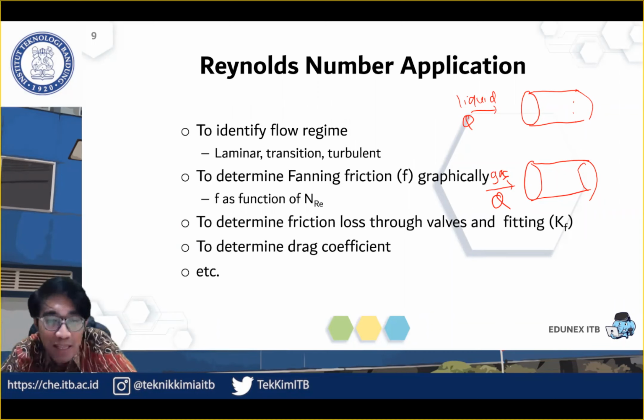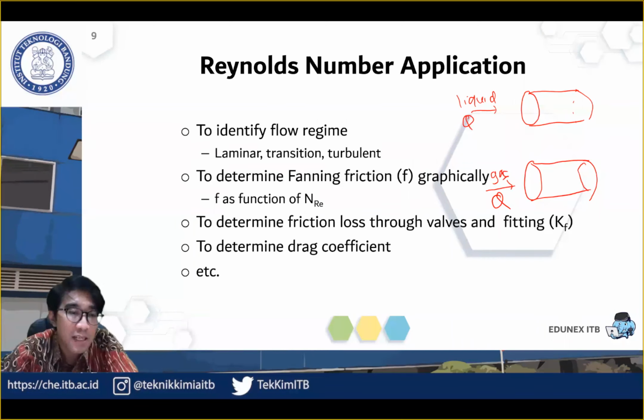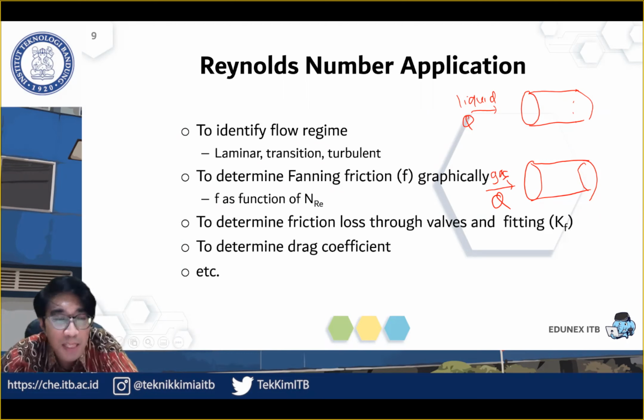Ya, kalau Anda mengalirkan cairan dalam pipa, diameter pipanya sama ini. These two pipes have similar diameters, and then you flow the liquid and flow the gas at certain velocity. Will they have different phenomena when flowing inside the pipe based on gas and liquid characteristic? Berdasarkan karakteristik gas atau sifat gas atau cairan ketika mengalir dalam tempat tertentu, kira-kira ada bedanya nggak?